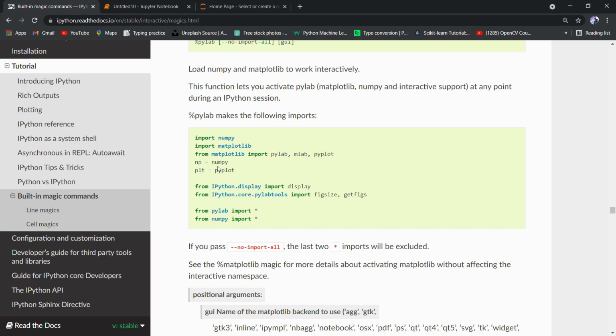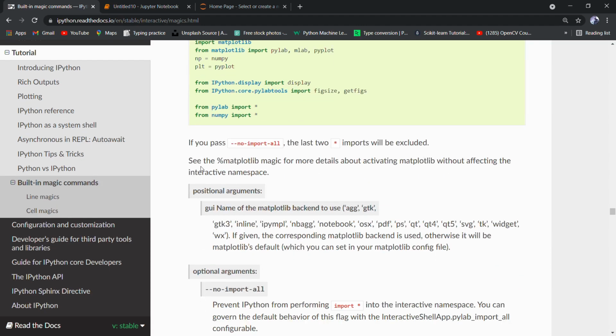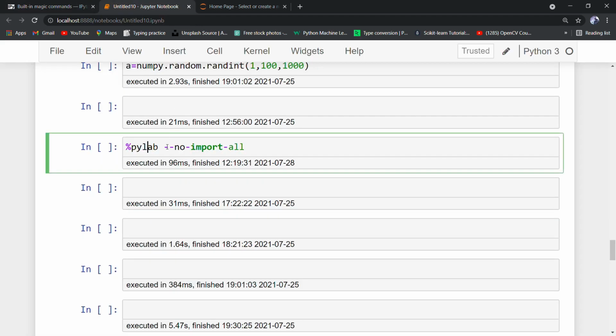And it also gives them their alias names like np and plt, and we also get the display from IPython and the pylab tools from the IPython code. If you pass no import all, the last two imports, which are these, will be excluded. So that's why I'm using this argument. So let's run this.